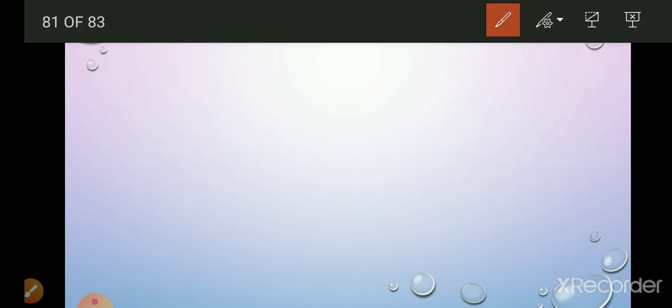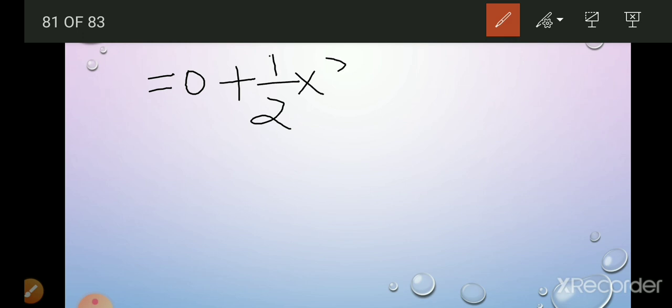So let us substitute now. u is equal to 0, so 0 into t is 0. Half at square: half, a is given as 3 acceleration and time was given as 8 seconds. So t square is 8 square, so I will write 8 into 8 square.